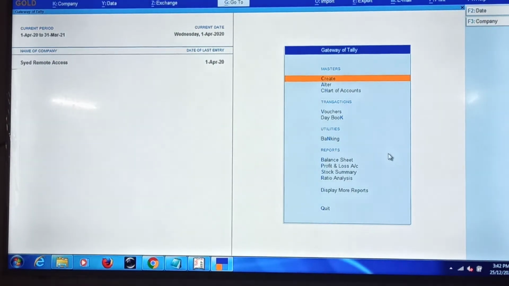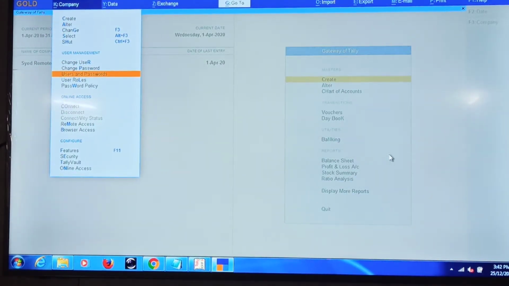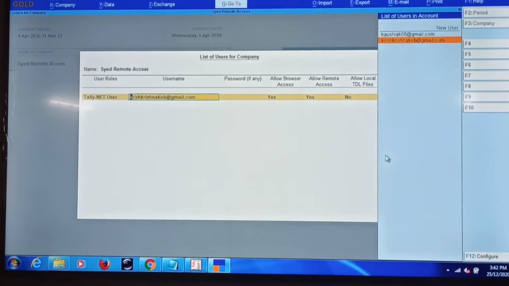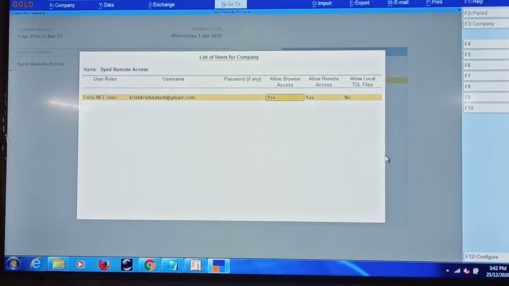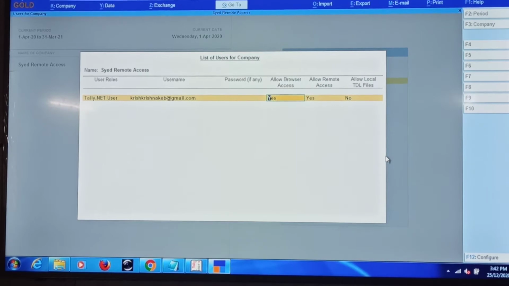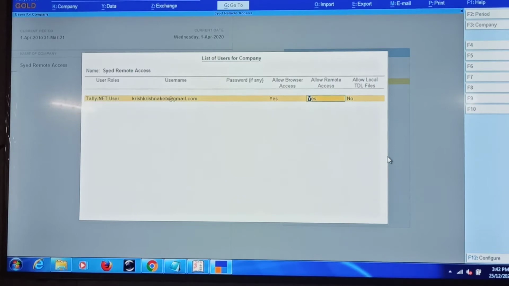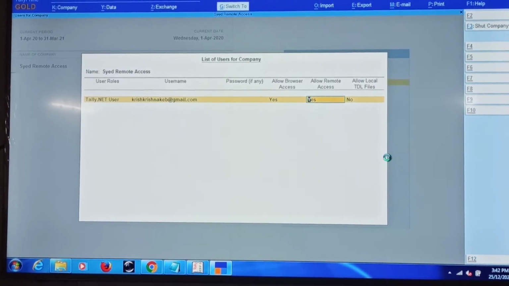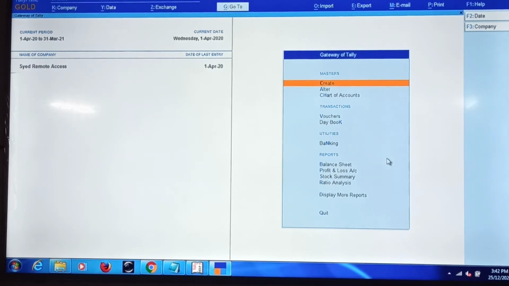Then go to gateway of Tally, Alt K, go to users and passwords, set the Tally.net user, provide the email ID for which you want to give the access and ensure that allow for browser access, set that option to yes. If you want to use the same user for remote access, you can set this option also to yes, then press Ctrl A. As the browser access configuration setting has been done, to connect the company,